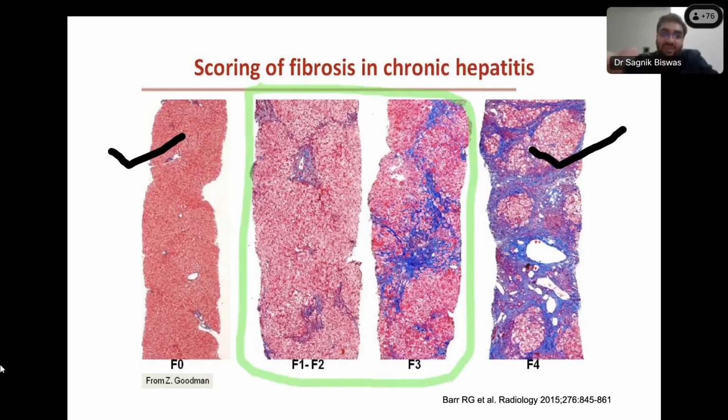So you often ask for the LFT, you check the SGOT and SGPT of these patients. You might find they have raised transaminases more than 2-3 times normal. So you might understand that, okay, the FibroScan may be elevated, but you may not find very high grades of fibrosis on the biopsy. Yeah, thank you, Dr. Sagnik, for your valuable input. So I think we'll go ahead.